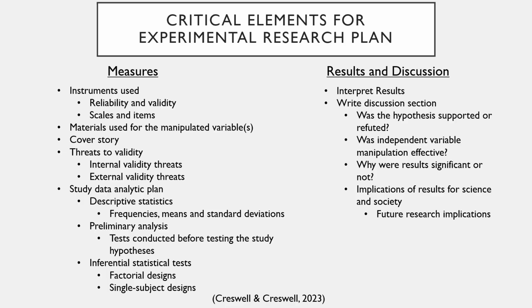You would want to notate that, and maybe there's not anything that can be done to prevent that, but notating it in the experimental research plan is important. And then another type of threat could be external validity threats. These would be things that can influence the researcher to draw incorrect inferences from the sample data collected to other persons. For example, the same example for internal history, if you take that, but as an external threat, what it would mean would be